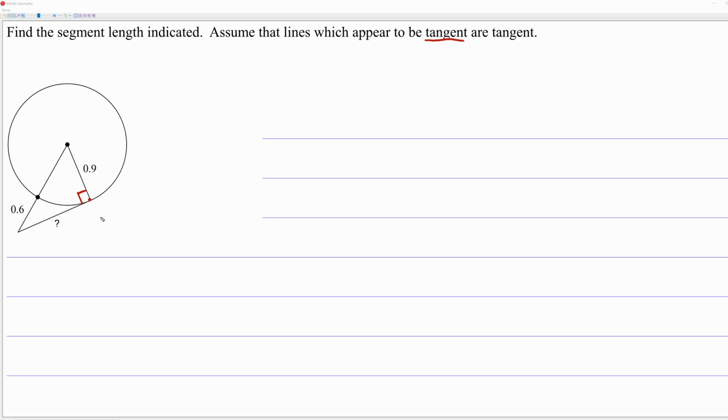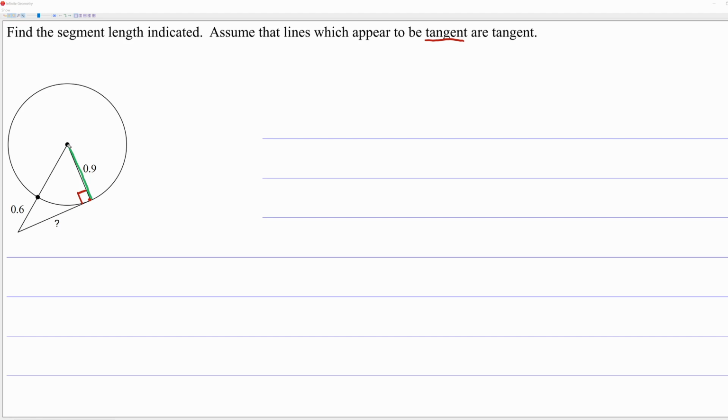Now, as is often the case in geometry class, whenever you end up looking at a right triangle, you have the opportunity to use the Pythagorean theorem. So that's how we're going to finish this problem. Just be careful. 0.6 is only this little line outside of the circle. It's not the entire side. So we'll just have to notice